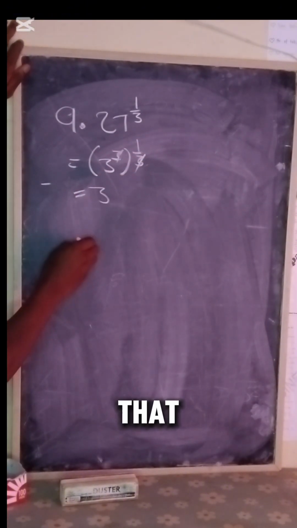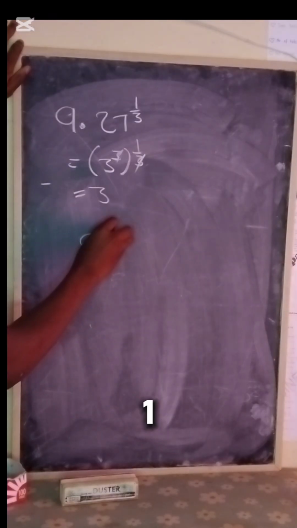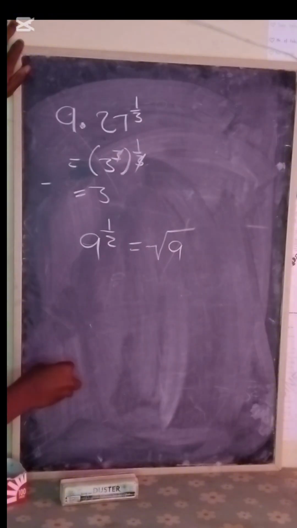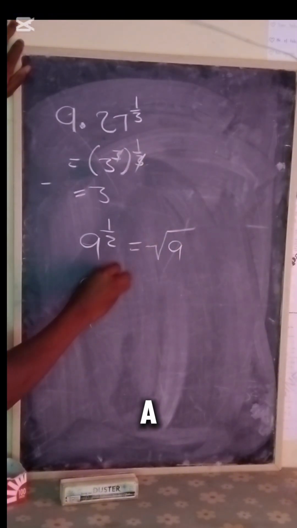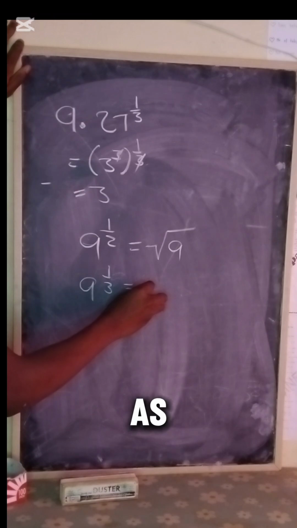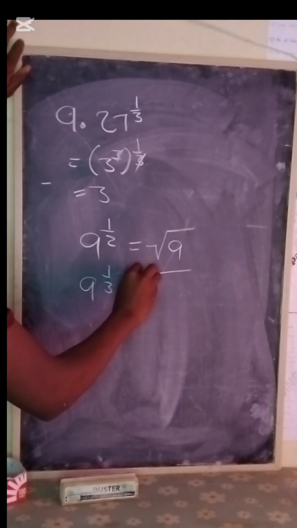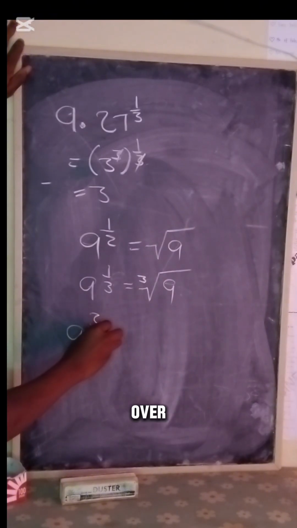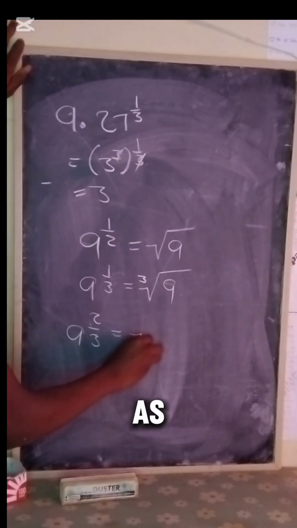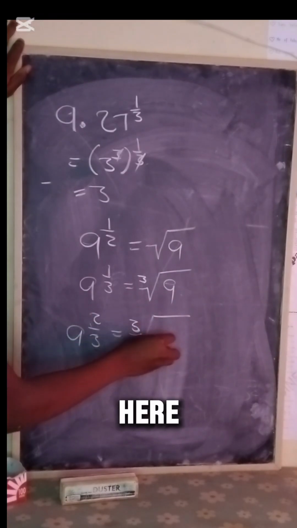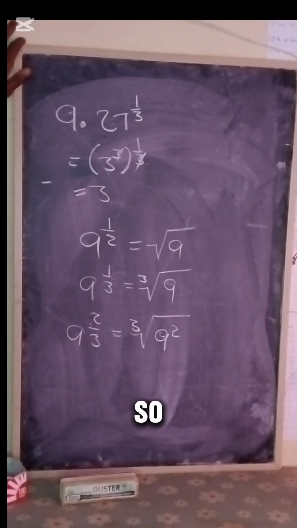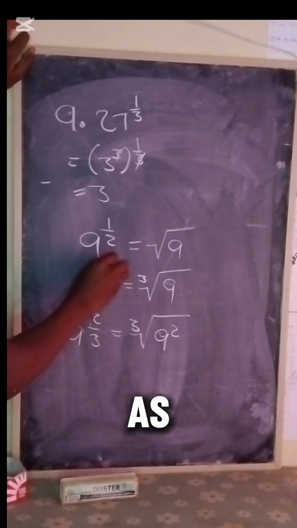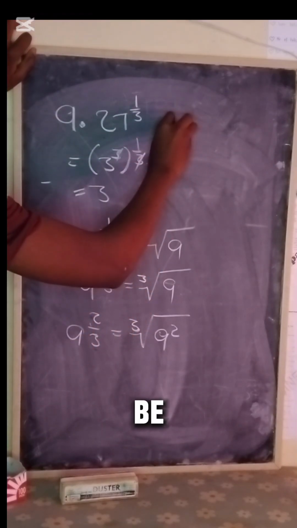Another rule is that when you have a to the power of 1 over 2, this is the same as the square root of a. When you have a to the power of 1 over 3, this is the same as the cube root of a. Then when you have a to the power of 2 over 3, this is the same as the cube root of a, and you take this 3 and put it here, then it's a squared. So why am I writing this? Because 1 over 3 is the same as this one. That means it's going to be